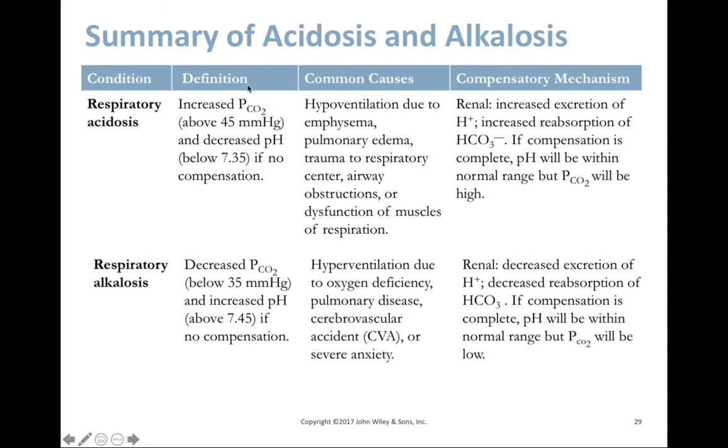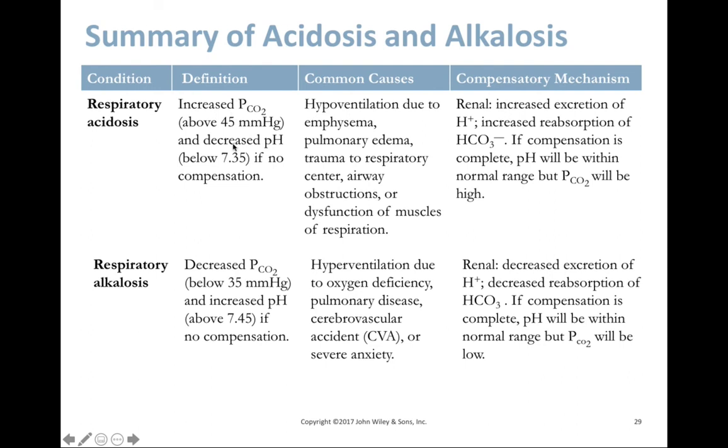We've seen how increasing carbon dioxide will push the bicarbonate carbonic acid buffer system to the right, and that's going to lead to a decrease in pH as more hydrogen ions are present. Realistically, this can be caused by many things. Hypoventilation is one common cause of respiratory acidosis. We're not exhaling as much CO2 as we're supposed to. So hypoventilation in general can lead to respiratory acidosis. Emphysema, pulmonary edema, trauma to our respiratory system, or airway obstructions can all lead to an increase in the carbon